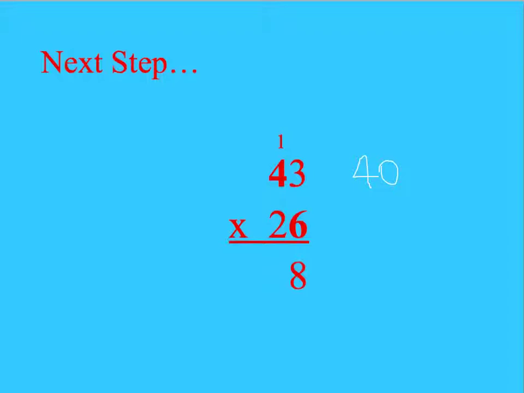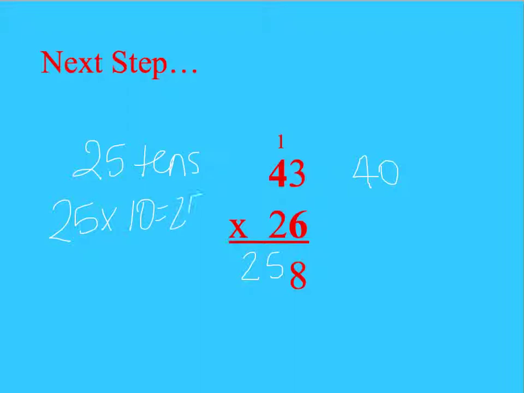So I'm going to go ahead and write that down. Remember, if you have 25 tens, this is like saying 25 times 10, which is 250. You notice this 2 goes over into my hundreds place, so we have 250 plus the 8 that we